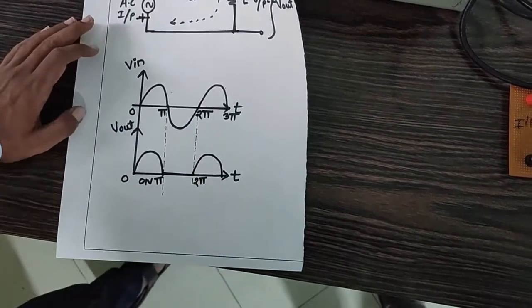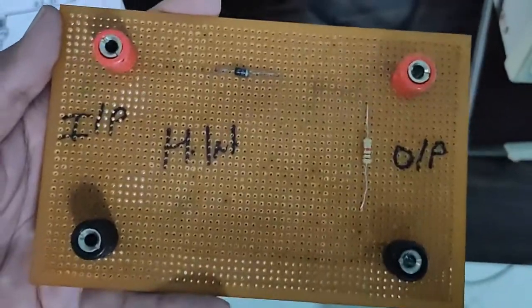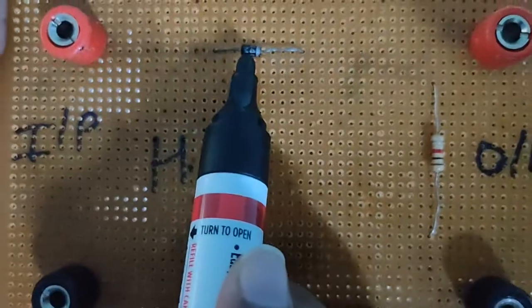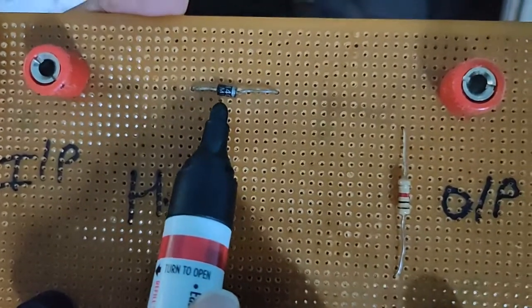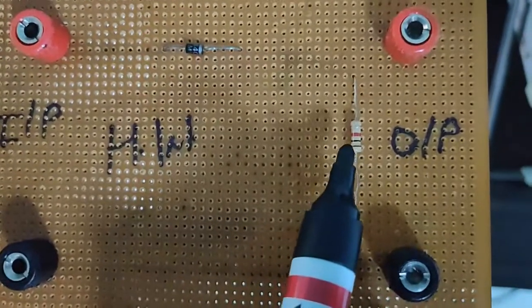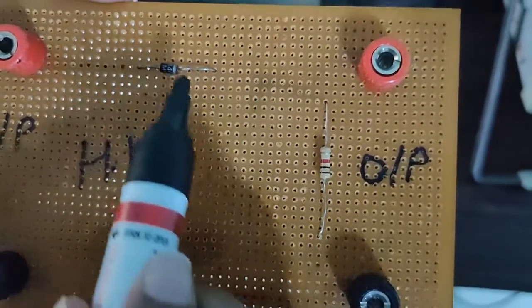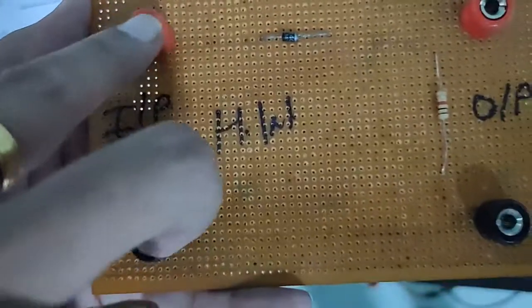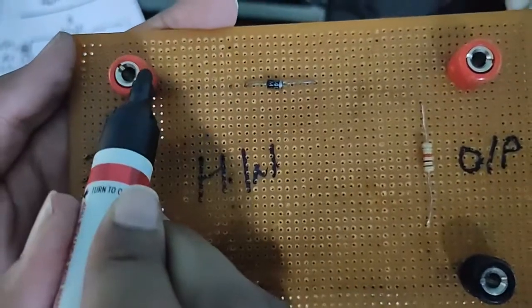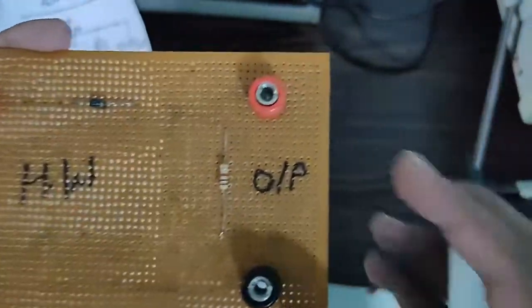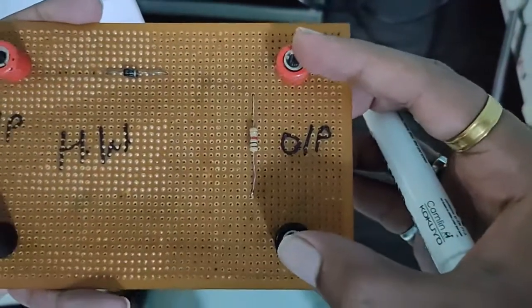Now let's demonstrate this practical or this circuit. To demonstrate this circuit, we will first require the PN junction diode kit. Now here if you observe, two electronic components are used, the first one is your PN junction diode and the second one is your load resistor. Here your PN junction diode and load resistor are connected in series, and across one terminal of the PN junction diode and another terminal of the resistor, the input is applied, while across the load resistor we are going to take the output.